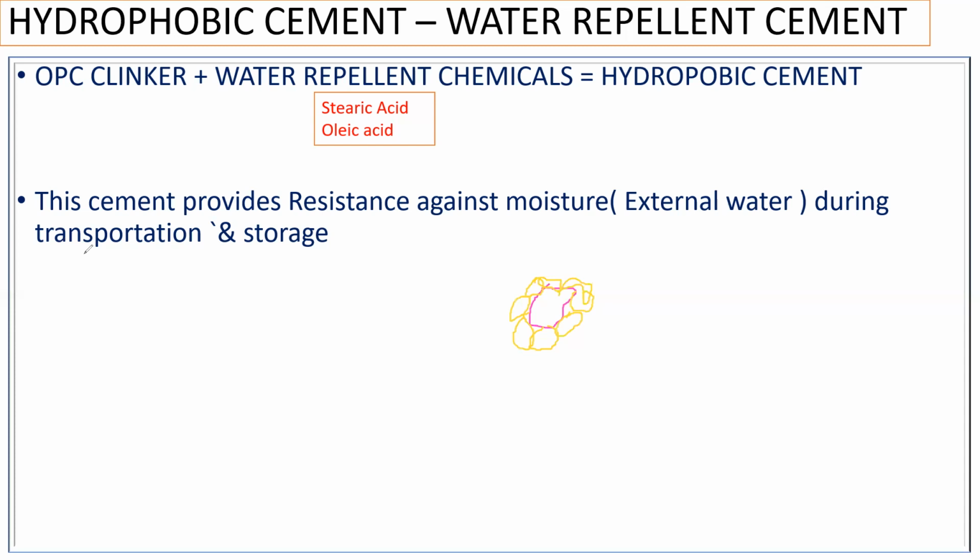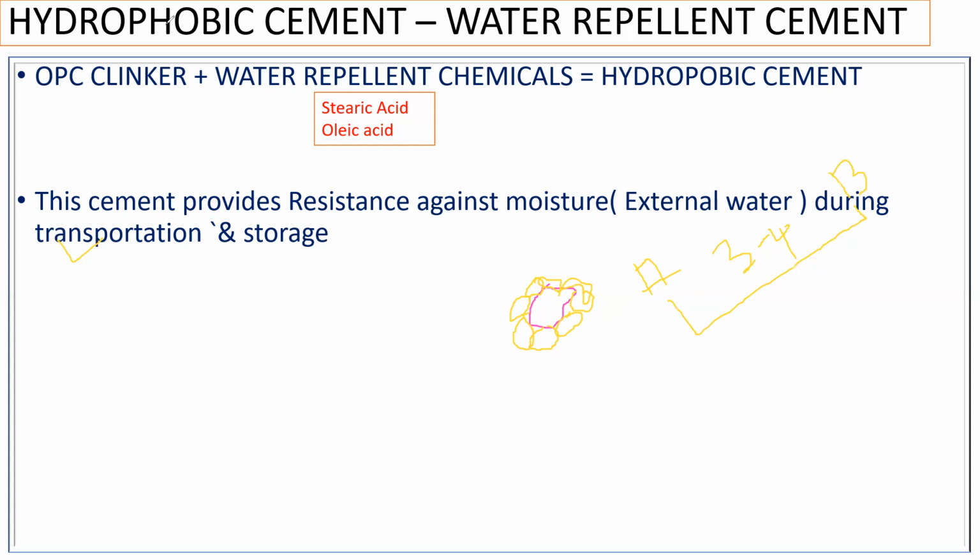The second is during transportation. Let us say you have a place called A here, and there is another place called B here. From here to here you need to transport this cement, and let us say it's going to take around 3 or 4 days for the transportation to happen. And let us say it is the rainy season, and even though you try to cover it with tarpaulin and all, still there are chances of water coming in contact with the cement.